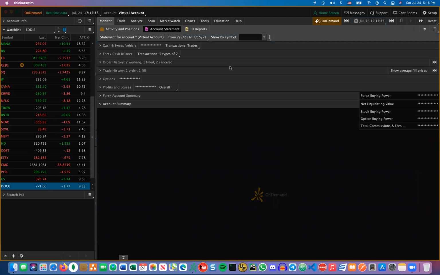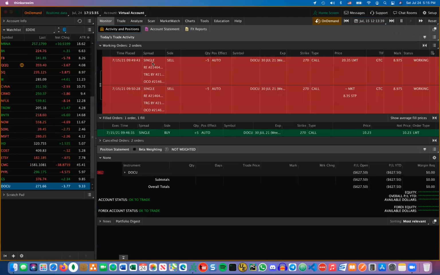Let's go to the monitor screen here, activity and balance and positions. We're down $627, right? We're down $627. We're still not worried because we're still within what our stop loss is. And that's a good segue maybe to talk about some of these things. When you're in a trade, when do you start worrying, right? When do you start worrying? You see red over here, $570, $600. Should you be worried? If your stop loss is $2,000,